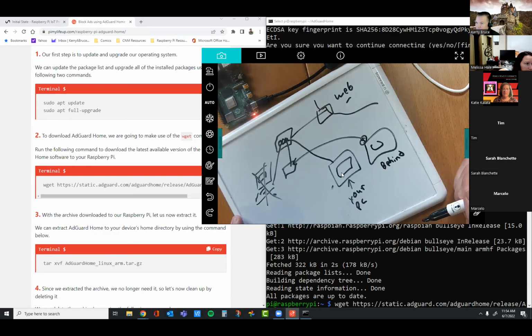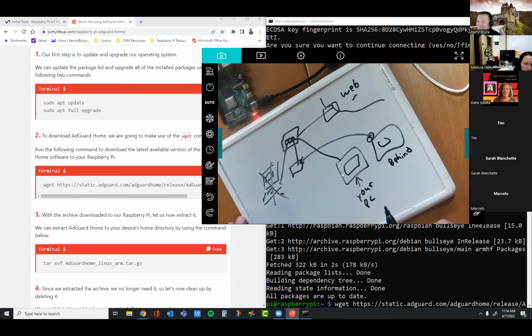But the problem is I don't know how to get a keyboard. You won't need a keyboard, because that's what SSH is for. You're going to type on the computer that you're sitting at and connect to the Raspberry the same way that you currently connect.